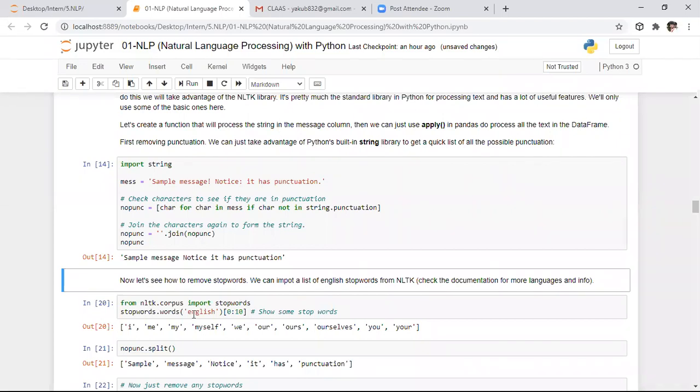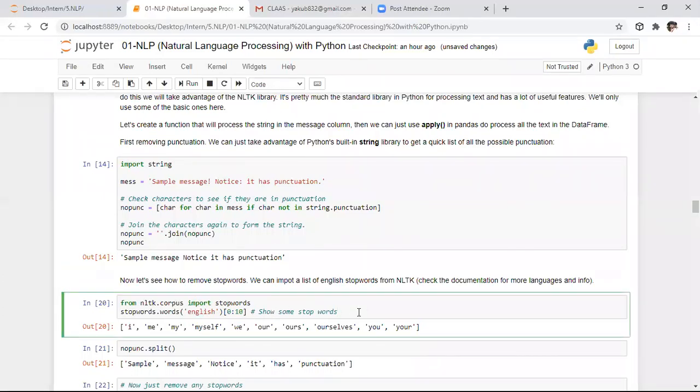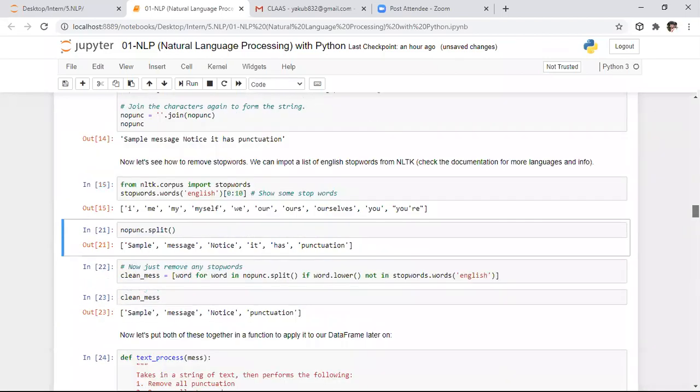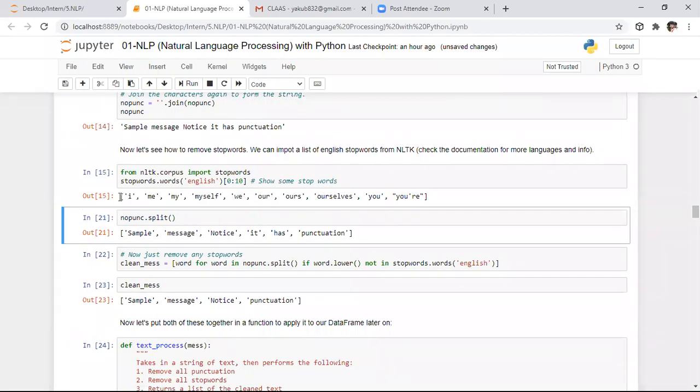It is like a big dictionary. NLTK contains a lot of languages. It contains Spanish, French, and German as well, whereas we need to take the stop words from the English language only. So initially I want to see the top 10 stop words present in English. If you execute this portion, it will return the top 10 stop words present in English. Here, these are the top 10 stop words.